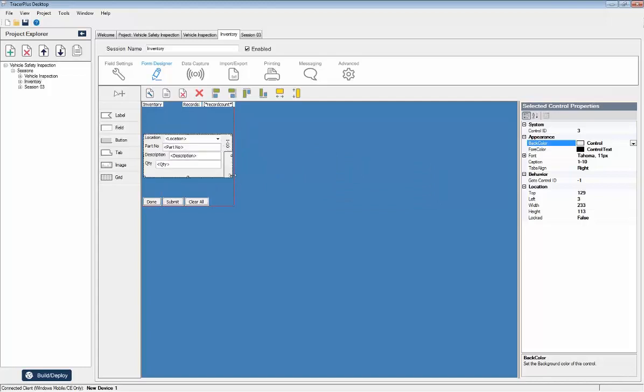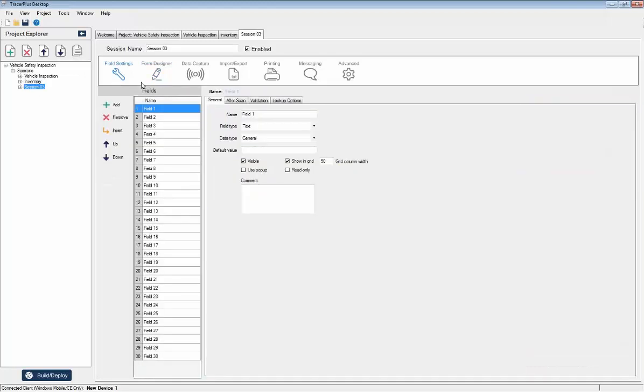So again, you're just designing what this form looks like. When you're all done, you can go ahead and do a deployment to your device. So let me actually add one other form here. Let's say we added a fire extinguisher form to our application as well. This one we could do